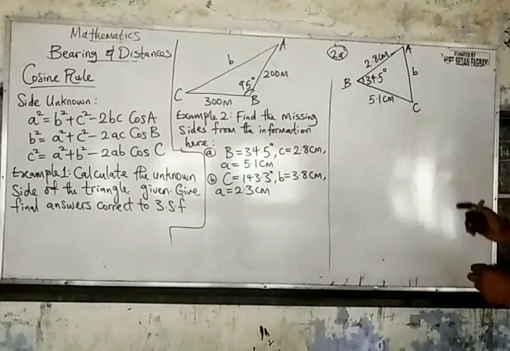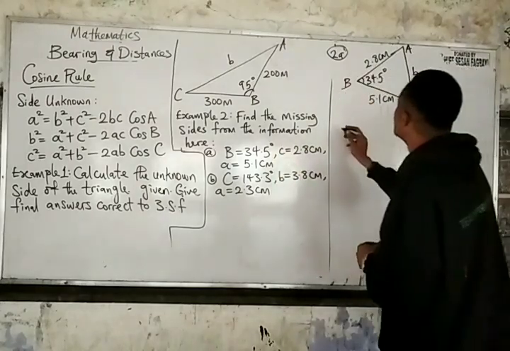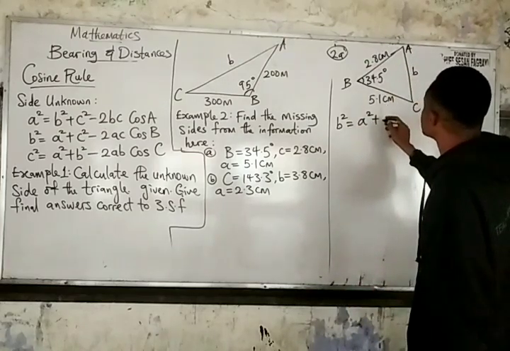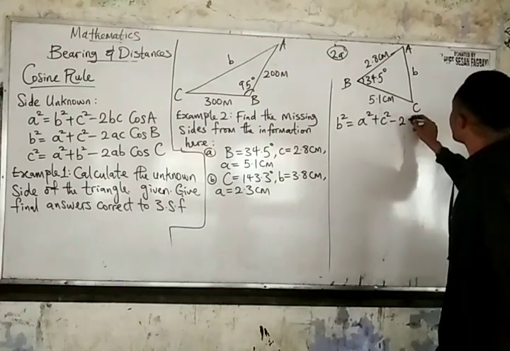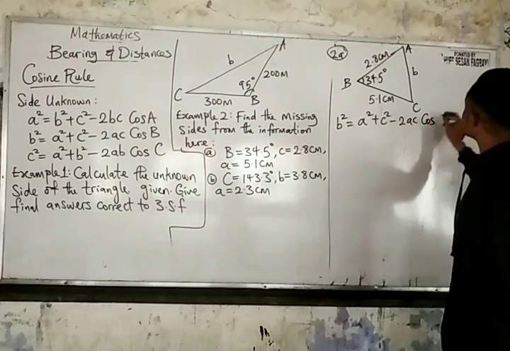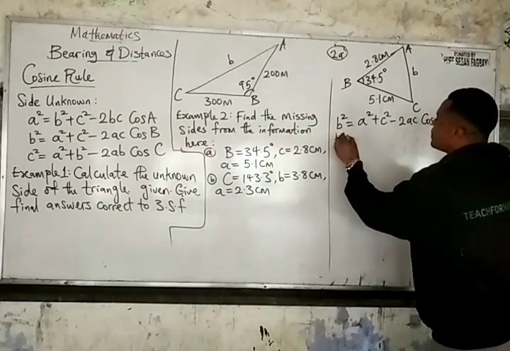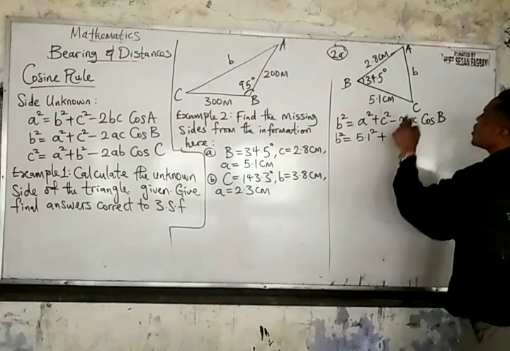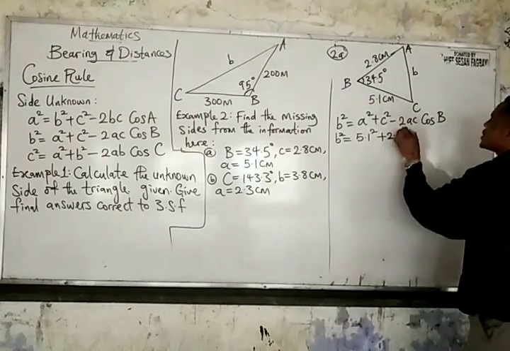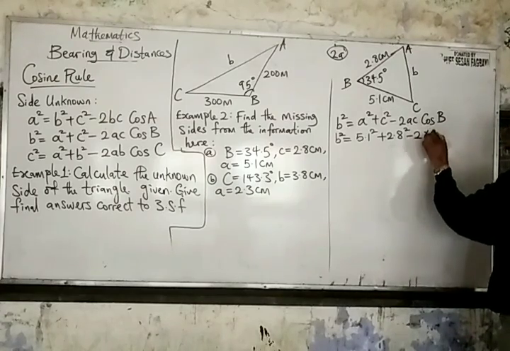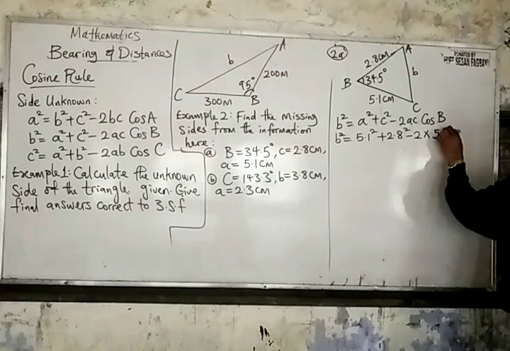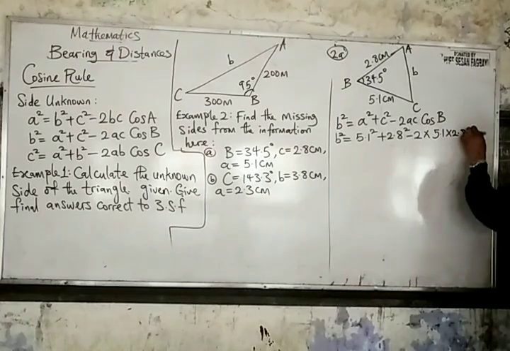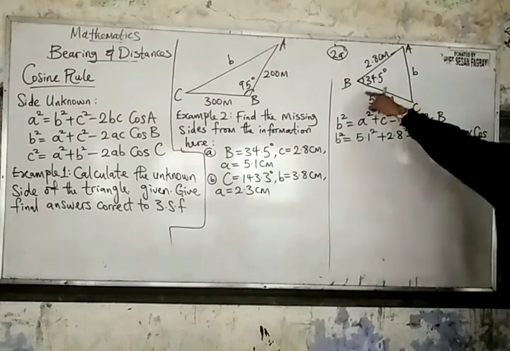So getting this b means we are going to use the formula again, which means b squared equals a squared plus c squared minus 2ac, then multiply by cos angle B. The b squared is going to be equal to a squared, which is 5.1 squared, plus c squared, which is 2.8 squared, minus 2 multiplied by a, which is 5.1, multiplied by c, which is 2.8, then finally multiplied by cos angle